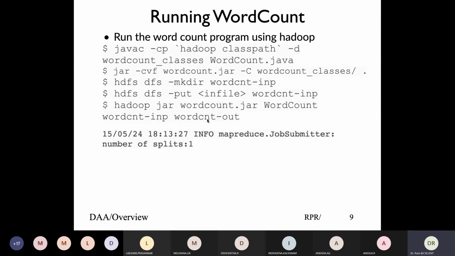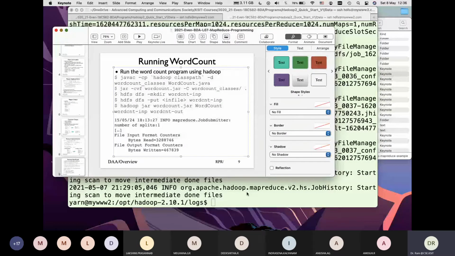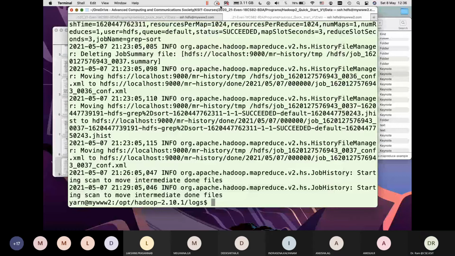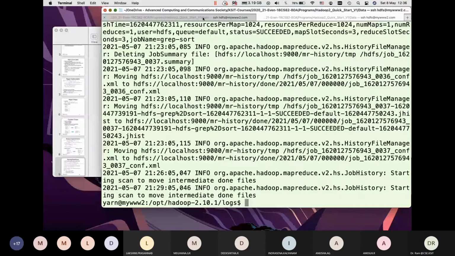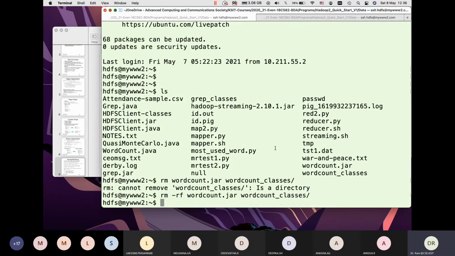So let's try to run this program and see what would happen. I make sure I have classes, let me remove those. I can now compile.